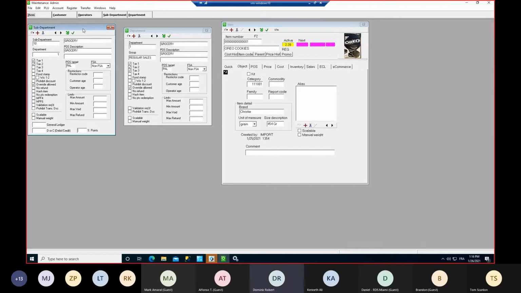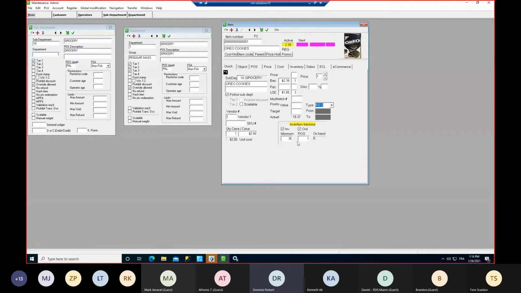Now I will keep the department and sub-department open, but we will be looking at the item window. So if you're not in the item window, we will go back to the main tab, which is the quick tab. The quick tab is not showing all the information that is on the item, but you can put any information you want there from other tabs, because the quick tab is something that can be configured. So if you want to configure the quick tab,